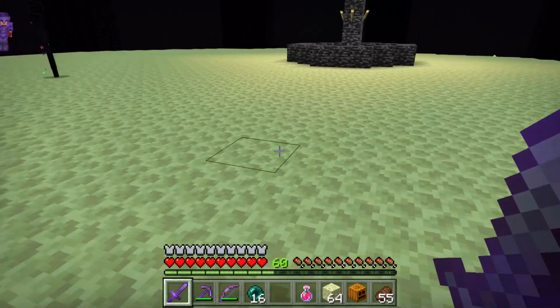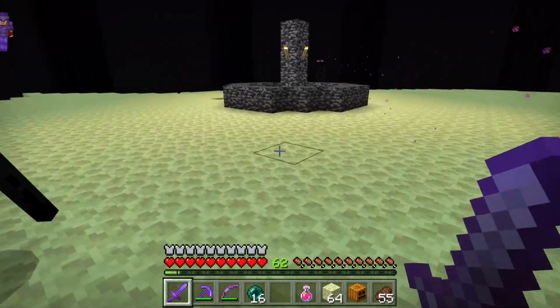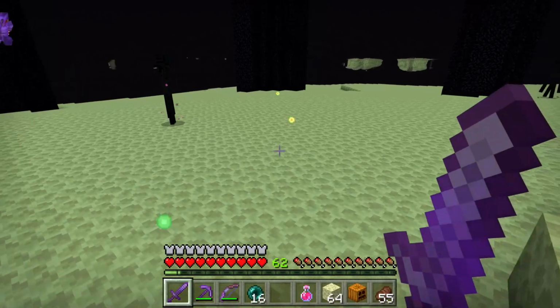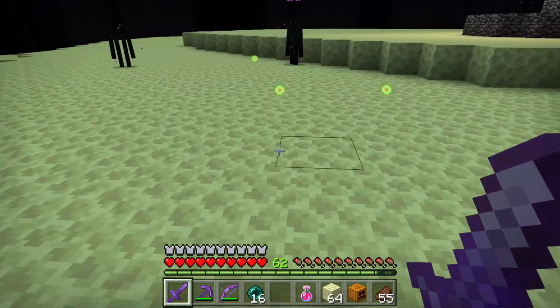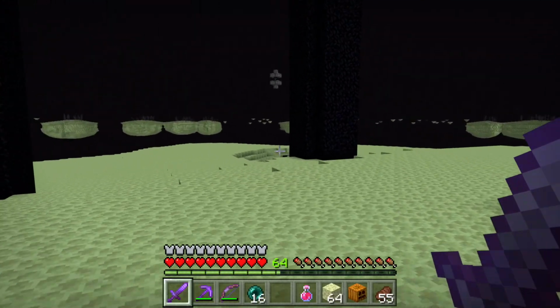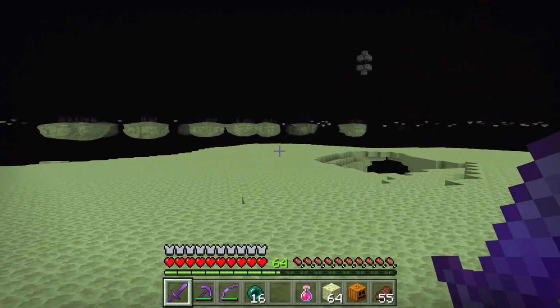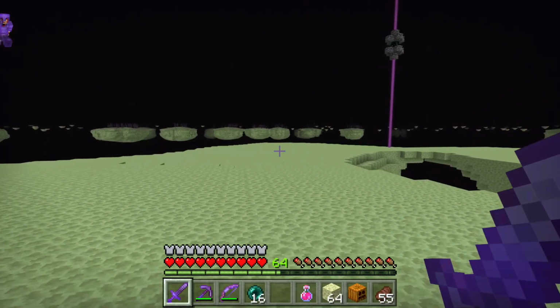As we run through, there's still some more experience laying around. That's cool, let's gather that up. As you see, this portal is going to take us back to the world we were just at. But when we kill the dragon, a second portal is created. Gather up all this experience. 64 levels, nice. And this portal over here is the one we want to go to. This is the one that's going to take us out into the islands and hopefully allow us to find...